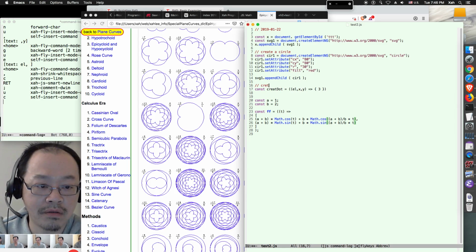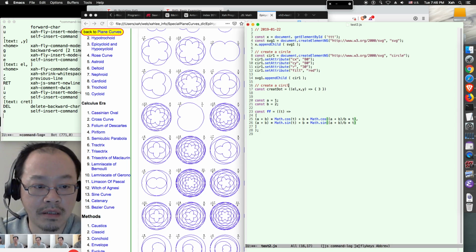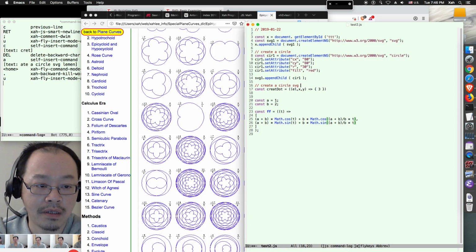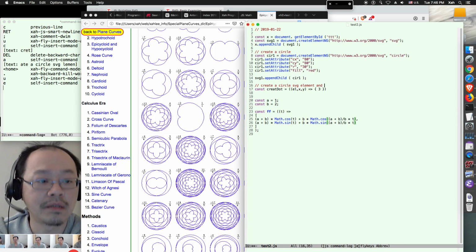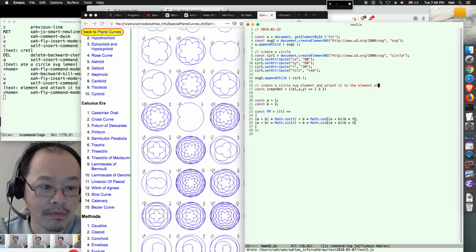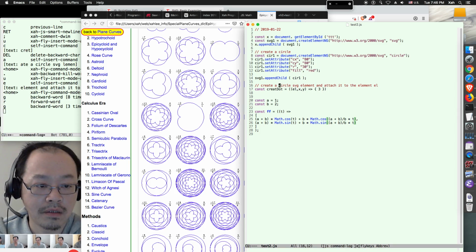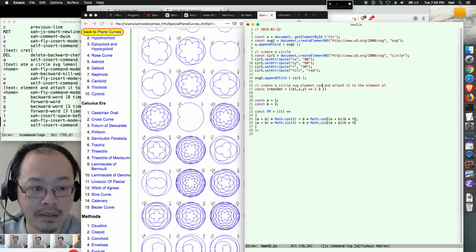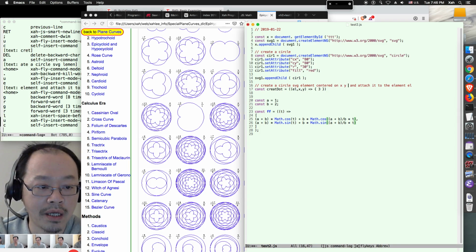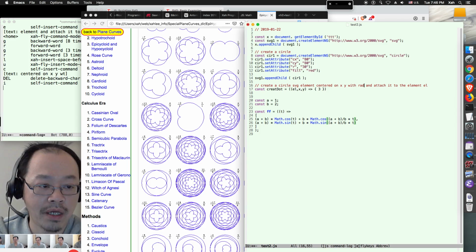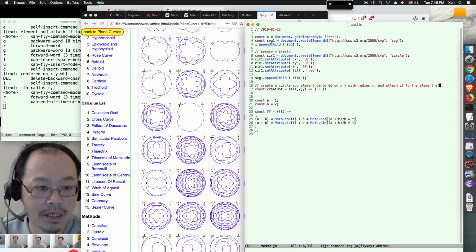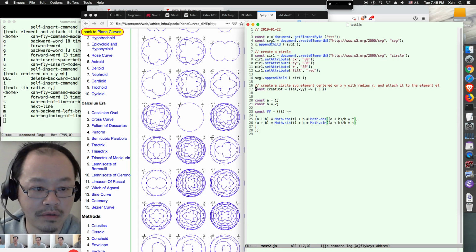Okay, create a circle SVG element and attach it to the element EL. Circle SVG: create a circle SVG element centered on XY with radius R, and attach it to element EL. So yeah, that's what we want to do. Create dot